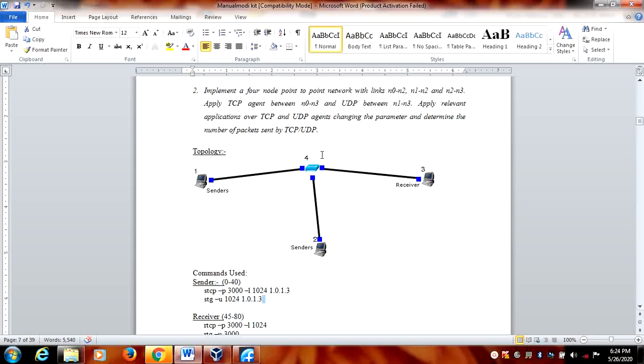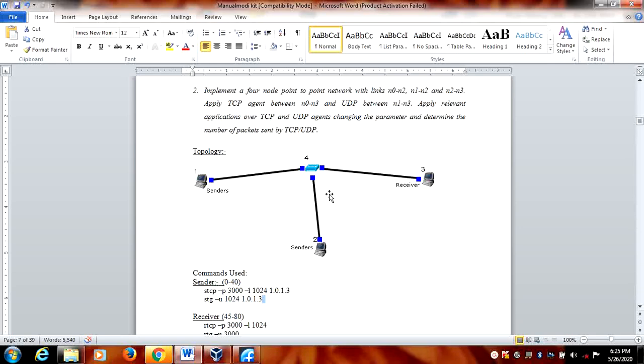So in this question, what I have told means the first host was what I have taken here, the sender. Using the TCP agent, I need to send the data from this system to this system. Second one, what I have told means the second sender, what I have chosen here, it should be UDP agent. I want to give a command of a UGT and I want to send the program. I want to send the data.